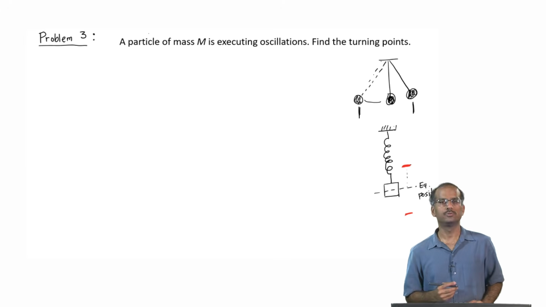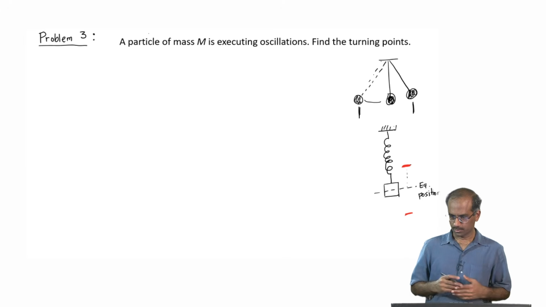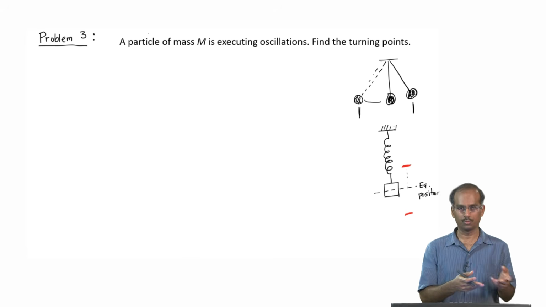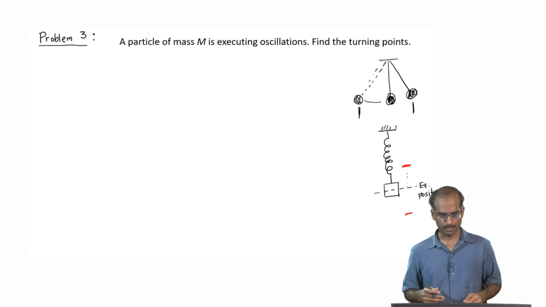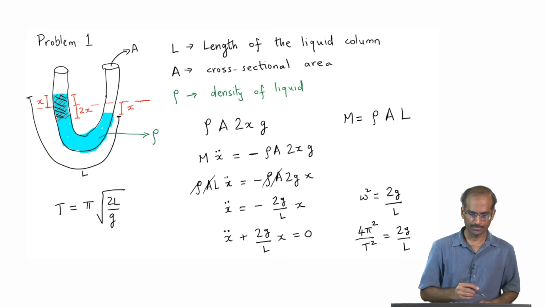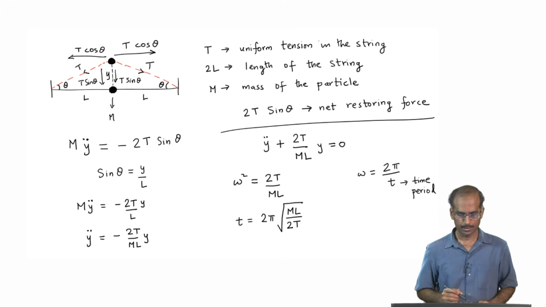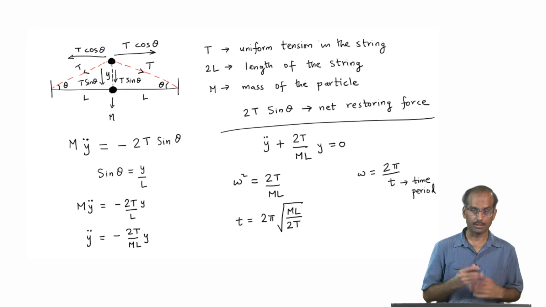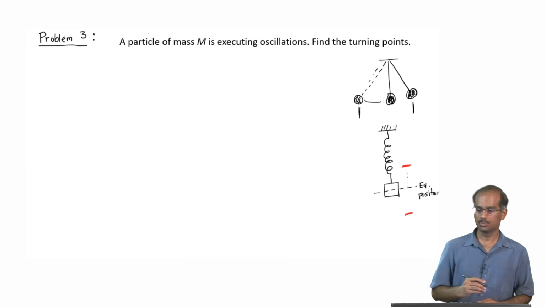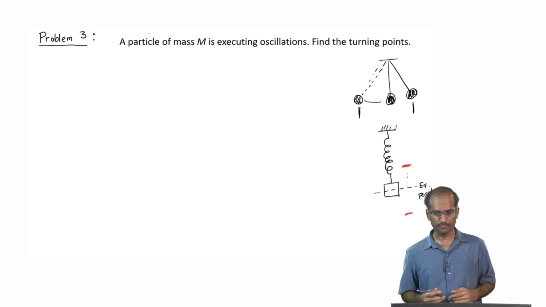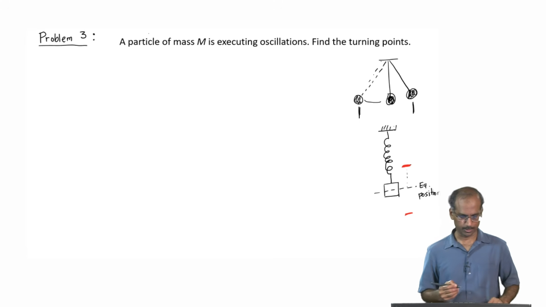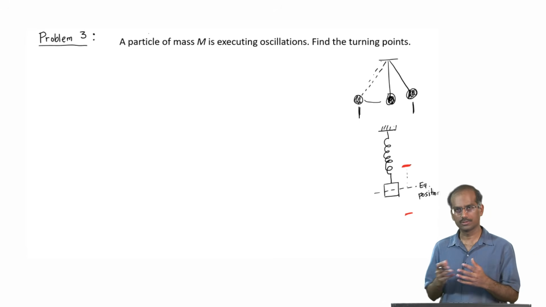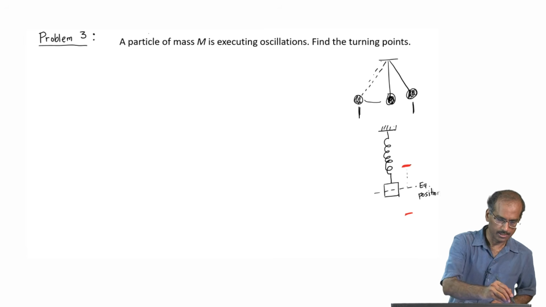So, these are the two turning points. For every such oscillating system, you can even go back and look at the two problems that we just did, both the case of liquid in a U tube and a mass tied to a string and given an oscillation. In all these cases there are two turning points. So, I would like to find the turning points. To do that we can do that in general without referring to any one of these problems, and that